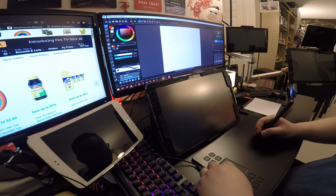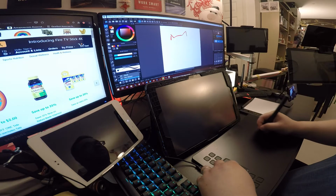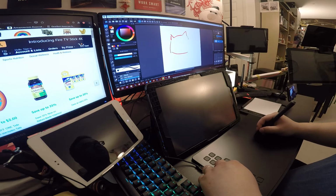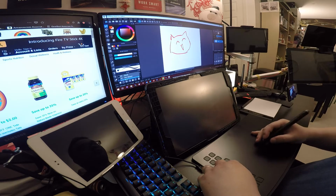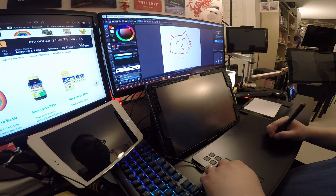Now the top is the things that I will add, like add brush, add color, like this. You can see it's very smooth, and the lines and stuff are very nice, very smooth. The surface of this tablet, I will want to put a piece of paper over it for a little bit more control, but surprisingly, if I try to write Chinese and stuff like that, it doesn't really have that floaty